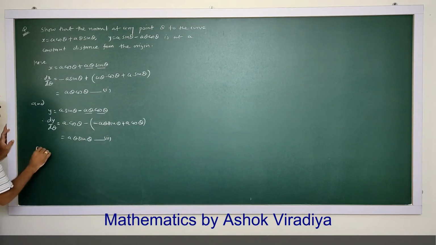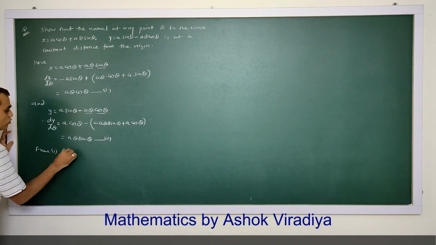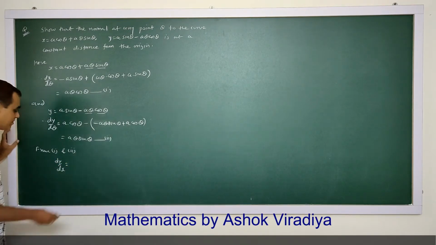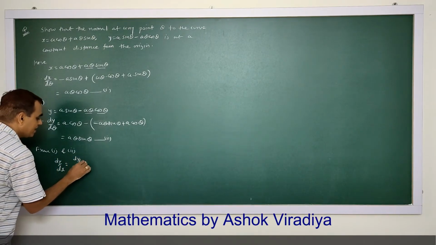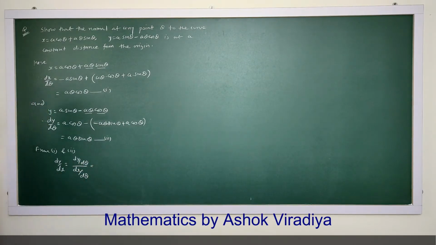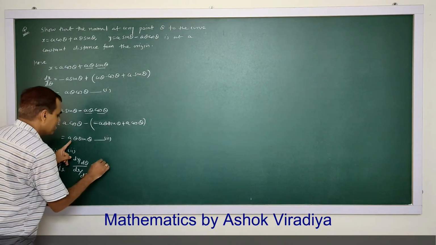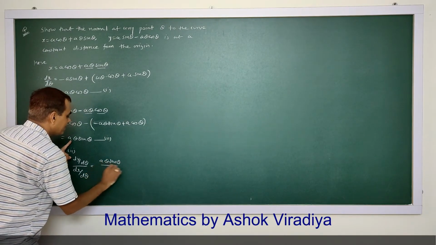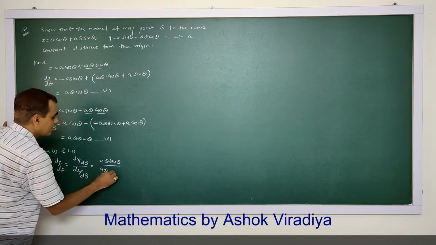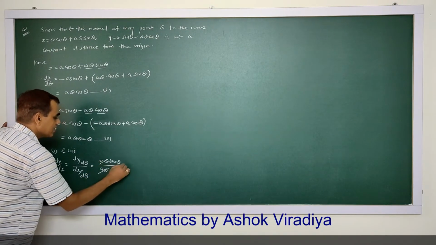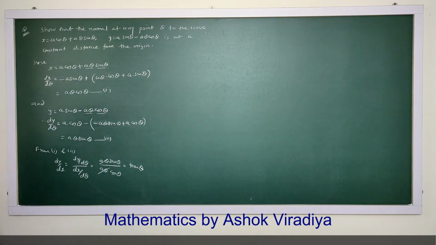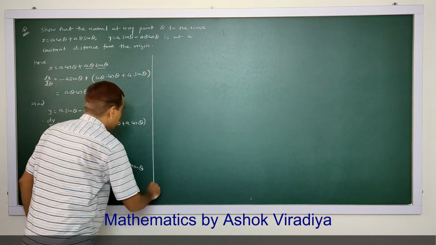So from 1 and 2, dy by dx is dy by d theta upon dx by d theta. dy by d theta is a theta sin theta. dx by d theta is a theta cos theta. So this is tan theta. dy by dx is tan theta. Therefore,